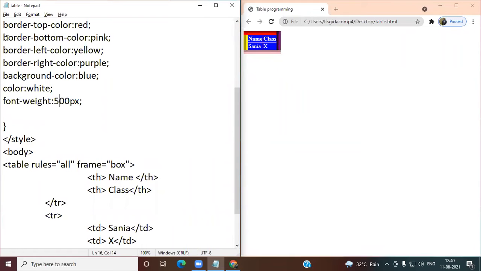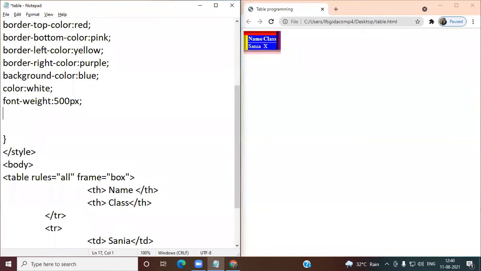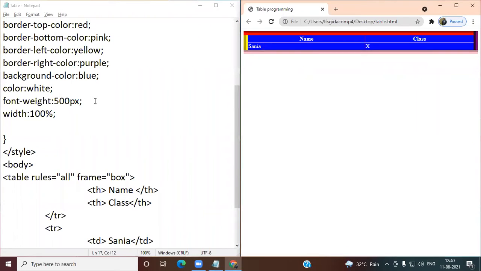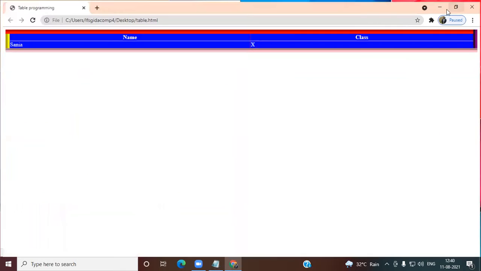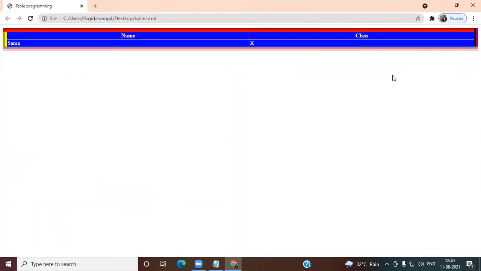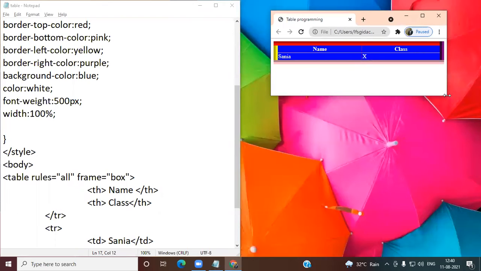Like that, if you want, it may occupy the whole width. So width is equal to 100%. So it is occupying the whole screen. How much screen is it having? That much. If you look here, if you resize it, it may do like that.